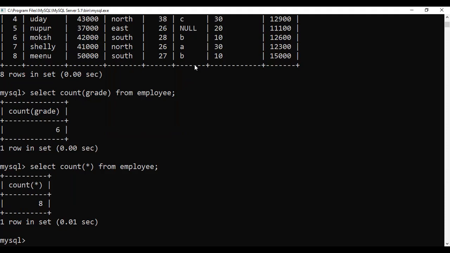Hope that clears the difference between count and count star, and also the various aggregate functions available in MySQL or SQL. These are very appropriate questions, asked many times. Understand the concept very clearly. Sometimes they will ask the output question, or this case study question can also appear.